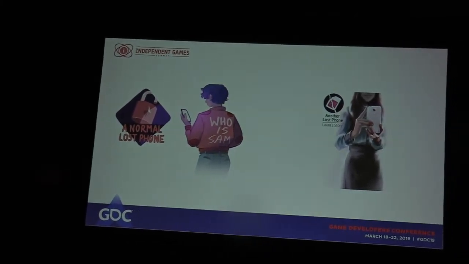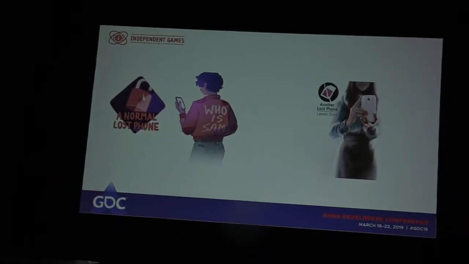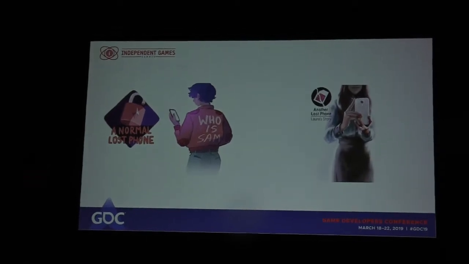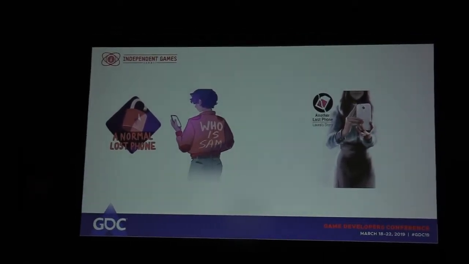These two games are games where you find a phone and you have to find out what happened to the owner of the phone by looking through the different applications, reading the emails, looking into the gallery. They are presented as investigative games, but through storytelling, they make people think about important themes such as homophobia or abusive relationships. We sold more than 200,000 copies of these games.